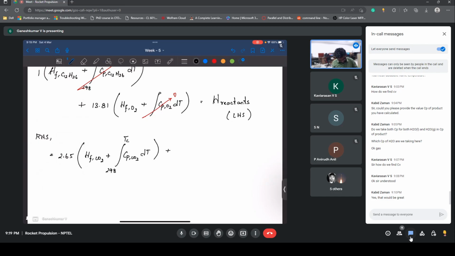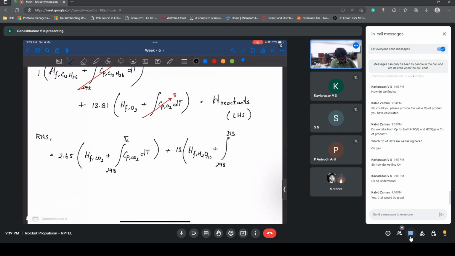Okay, similarly we have 13 H2O, HF of H2O. Now this HF of H2O, you need to be very clear whether it is given for gas or it's given for liquid. Usually it would be given for liquid, and the latent heat is specified. So if the latent heat is specified and it is given for liquid, you need to take care of all the energies. So basically you wanted to raise the temperature to the adiabatic temperature, right? So initially you have some formation energy of liquid, and then you raise the temperature